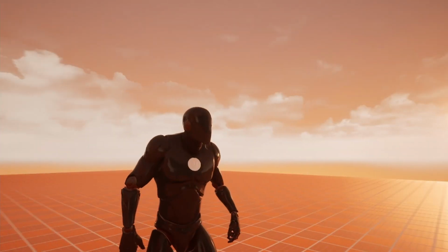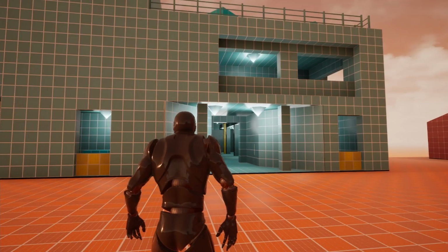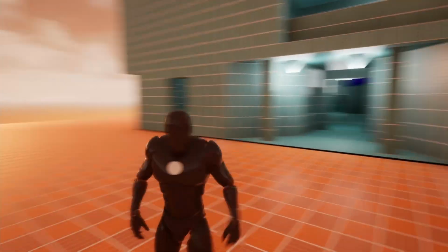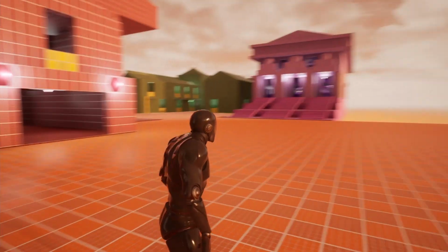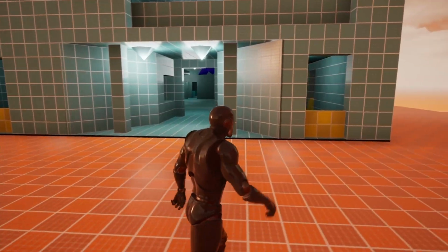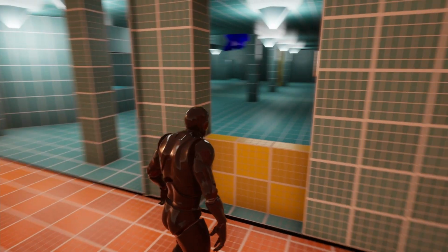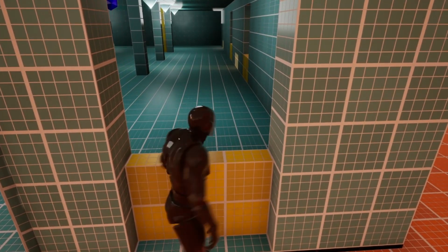So here we are in Jothamesburg University. That's the name of the university that I decided to call it. Before I talk about the level, I've mostly been working on the level. I'm just going to quickly show you a change that I made to the vaultables, these objects that the player